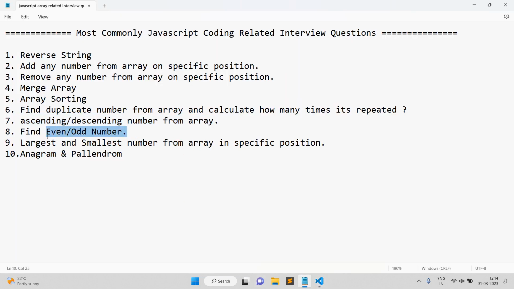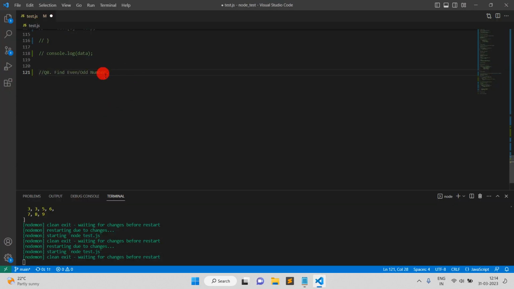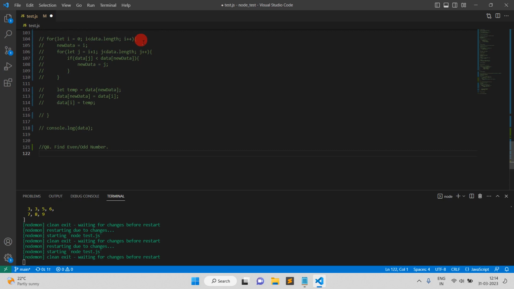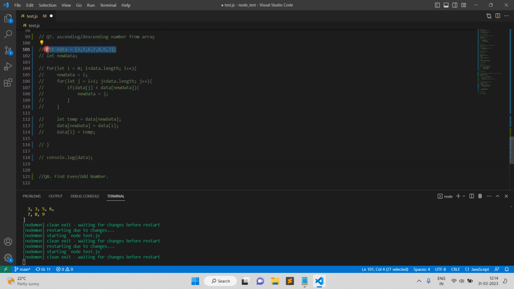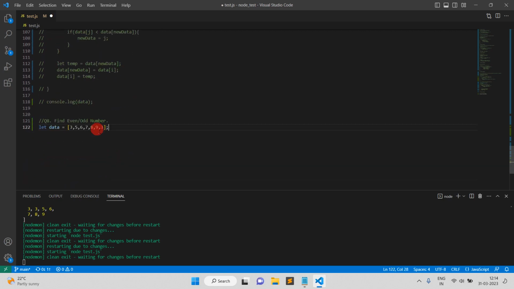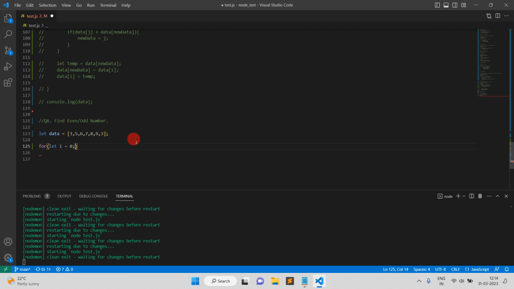So the 8th question is how we can find even and odd numbers from an array. You can use any array here. Okay, I'm using this array. Now I'm going to use a for loop here. Let I equals 0, and then I is less than data dot length, and then I plus plus, and then inside this